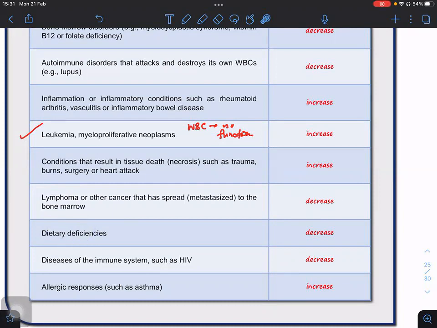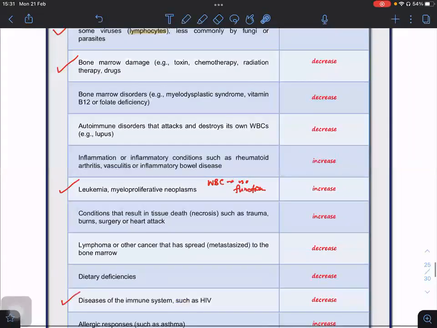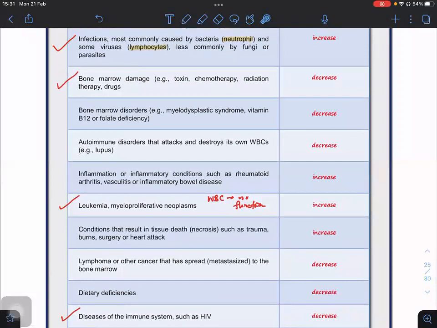Dietary deficiency, not enough nutrients, decreases the white blood cell count. Disease of the immune system, HIV attacks our immune system, so therefore decrease in the white blood cell count. This one we need to know. And allergies definitely increase. Okay, so the ones that I take now, the 4 that we need to know. Number 2 is general, as long as any disease that causes the bone marrow to be destroyed, definitely decreases the